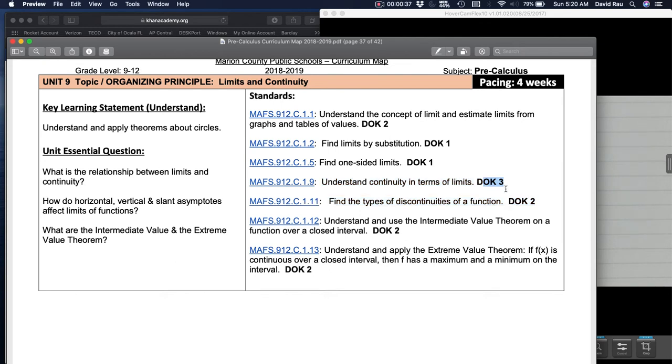This just means the questions are actually going to require a little bit more analysis. They're a little bit harder level of questions, whereas these are just direct substitute, plug it in, look at the graph, get the answer. This takes a little bit more nuance. So